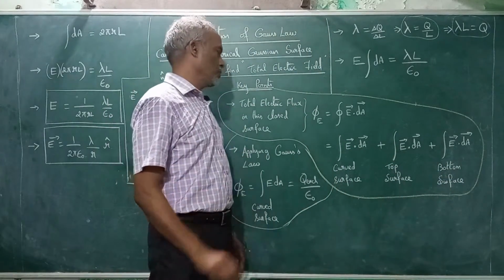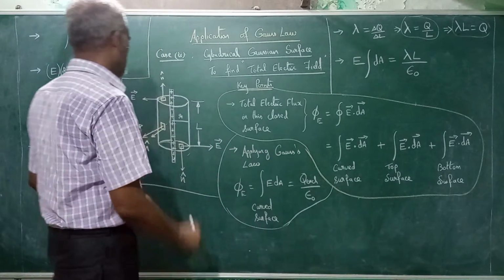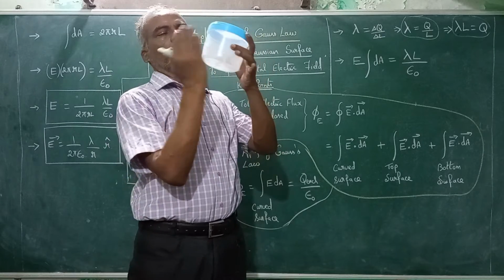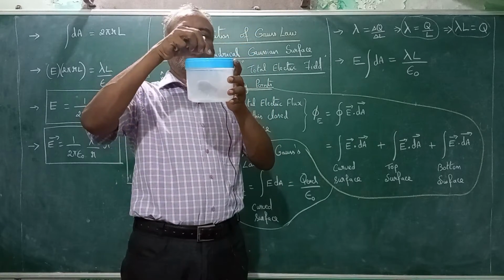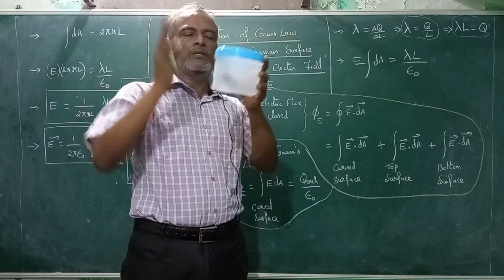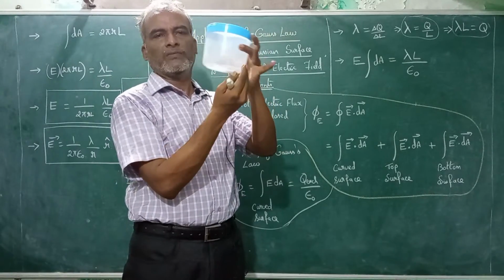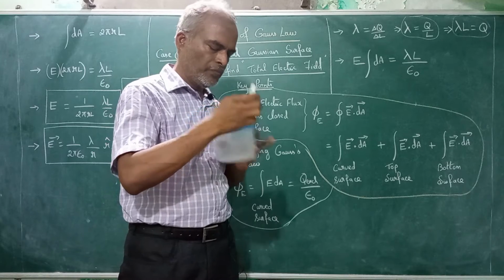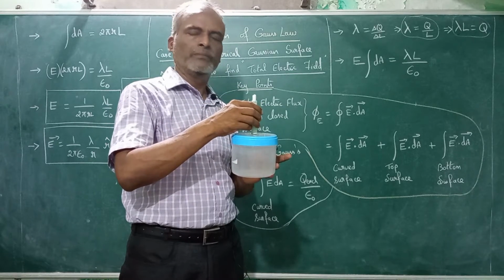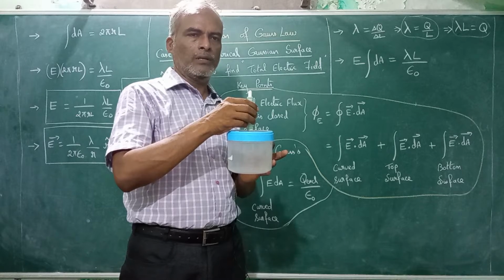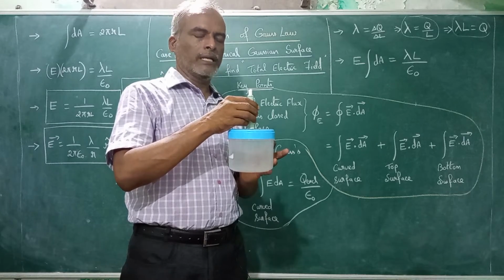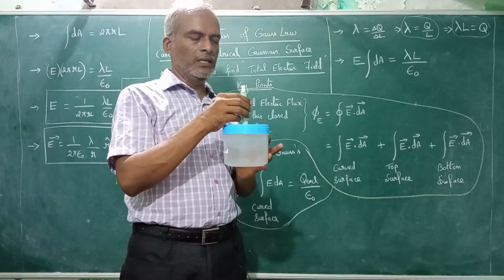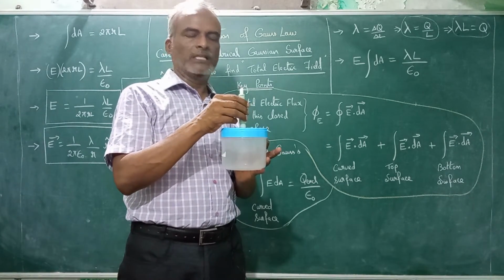Now we have to consider only the curved surface. Curved surface, that is this part. Okay, this part, unit normal, electric field 90 degree 0, bottom also 0. So now curved surface. Curved surface you can consider any point, any small point. So the line conductor, very small thin conductor with uniform electric charge density is at the center.